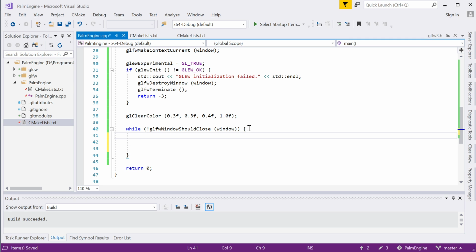So the first thing you want to do is ask for the events from GLFW. These are the basic mouse and keyboard inputs, as well as many other inputs of your computer. And after that, we can basically